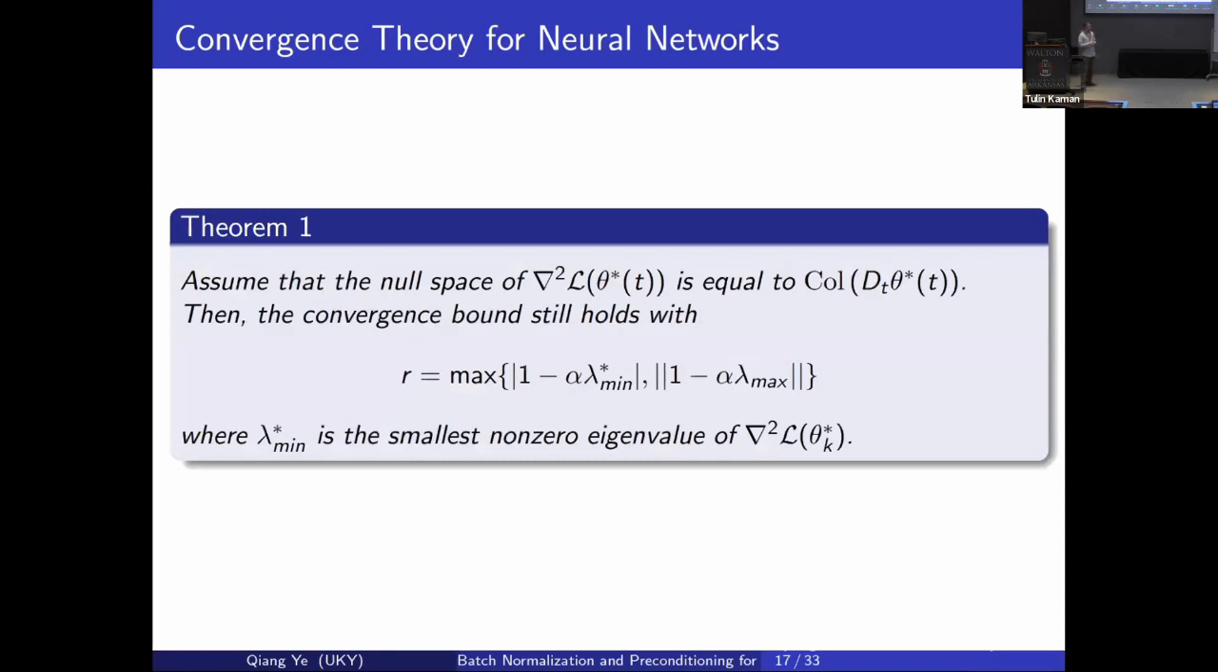So because of that, the condition number based theory that we talked about doesn't apply, because the lambda min is going to be 0. It turns out we can modify the theory to state something like this. Because of this special case, I assume that